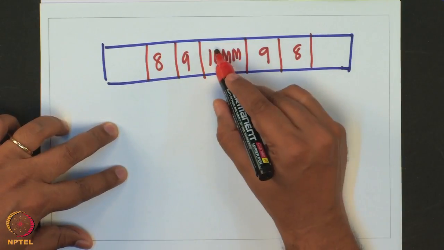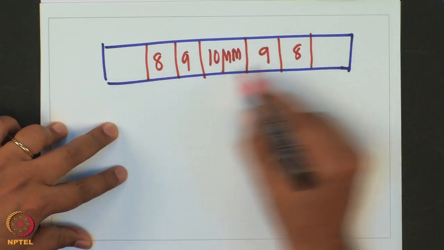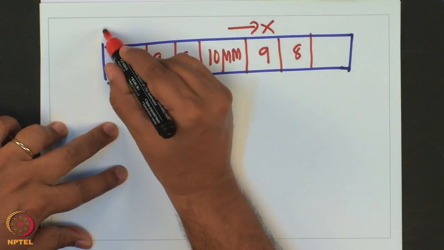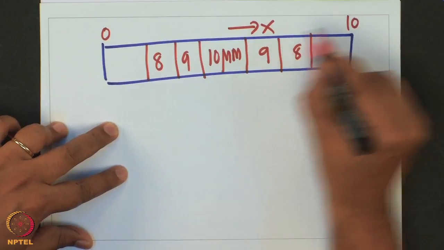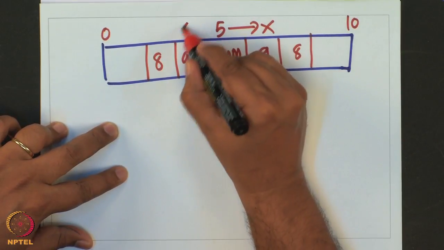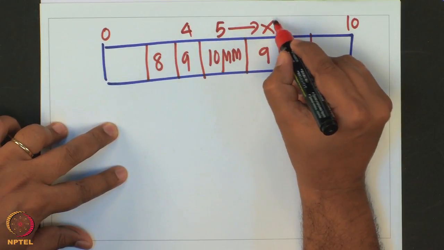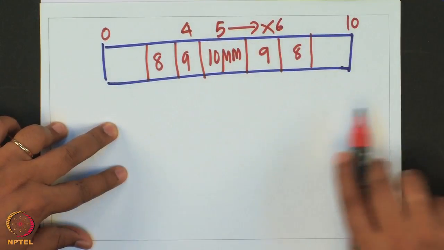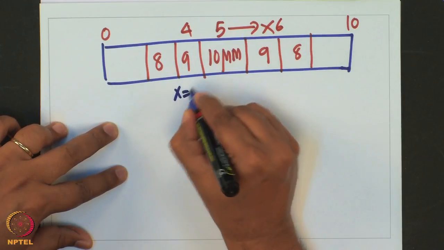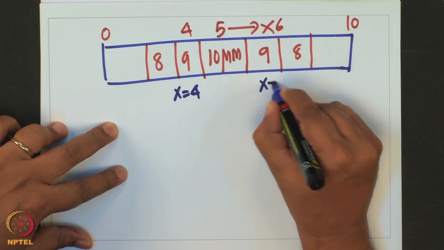So this is a high concentration. To either side the concentration is decreasing as we go along the x-axis. X is 0 here, x is 10 here, 5 here, and 4 here, x is 6 here. So this is x equal to 4 and this is x equal to 6, and we